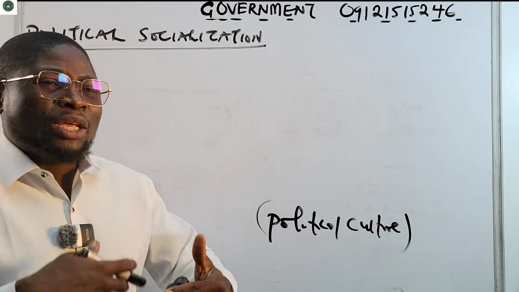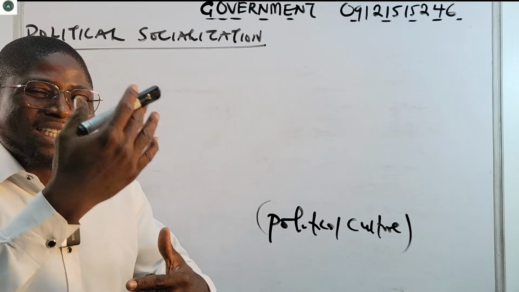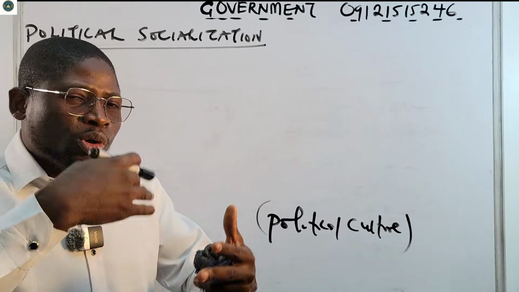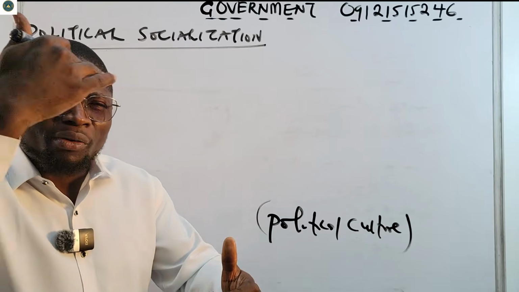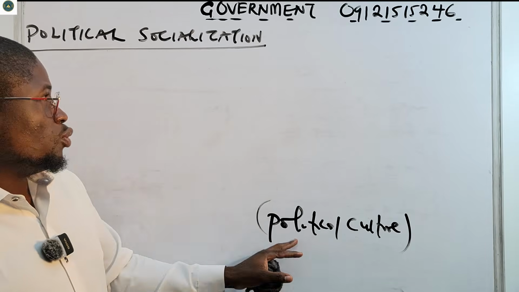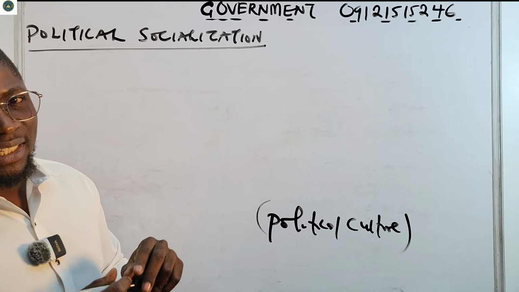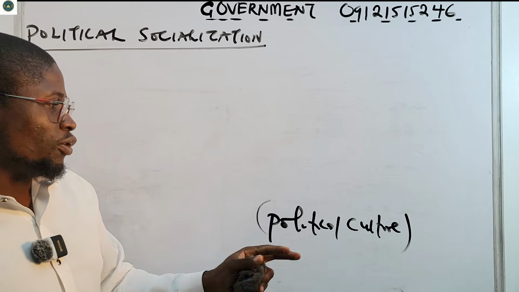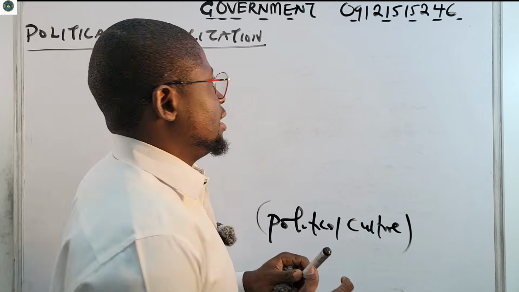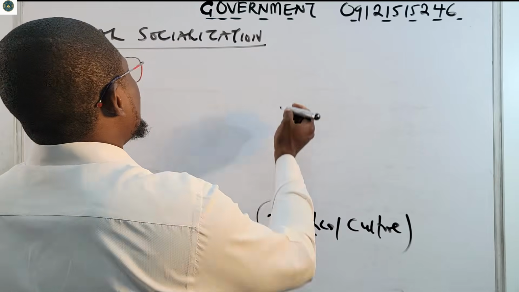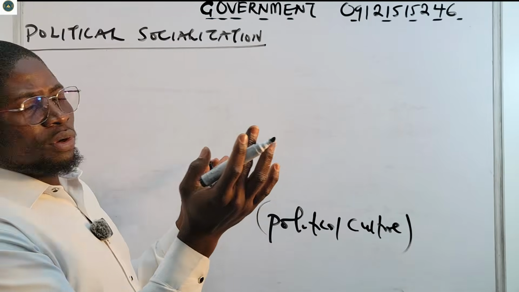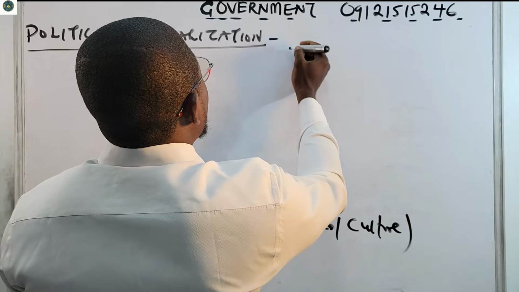It is how you transmit, how you transfer knowledge, how you inculcate knowledge about the government, about your rights, about what they do, all of that to the next generation. That's what we call political socialization. It's the transmission of political culture from one generation to another. In a very simple definition, political socialization is a term that looks like a very big term, but it simply means